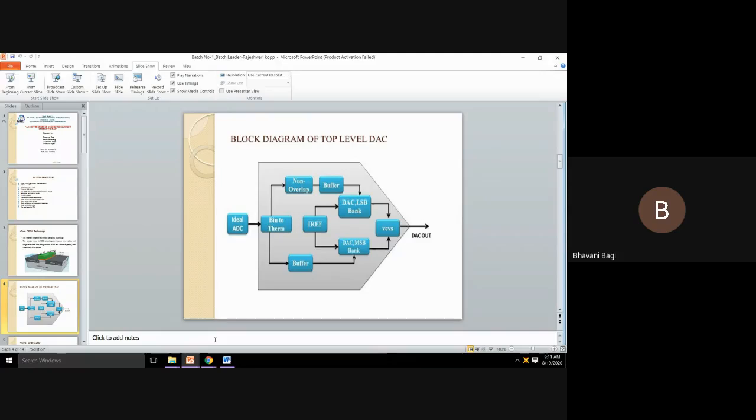An ideal 12-bit ADC is used to convert the analog to digital signal. The input range of the ADC can be considered as the range of analog voltages that the ADC is able to convert to the equivalent digital signal. The input frequency of the ADC is 10 megahertz. The binary thermometer decoder provides the 4-bit binary code and 8-bit thermometer code. And also the binary weighted code is given to the